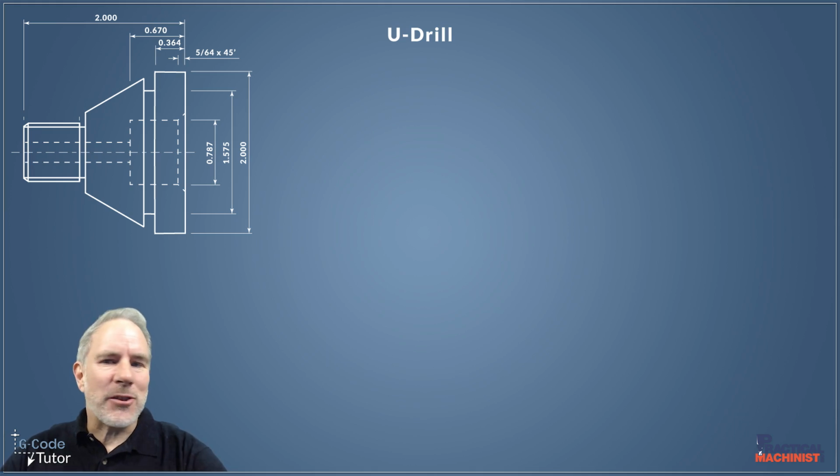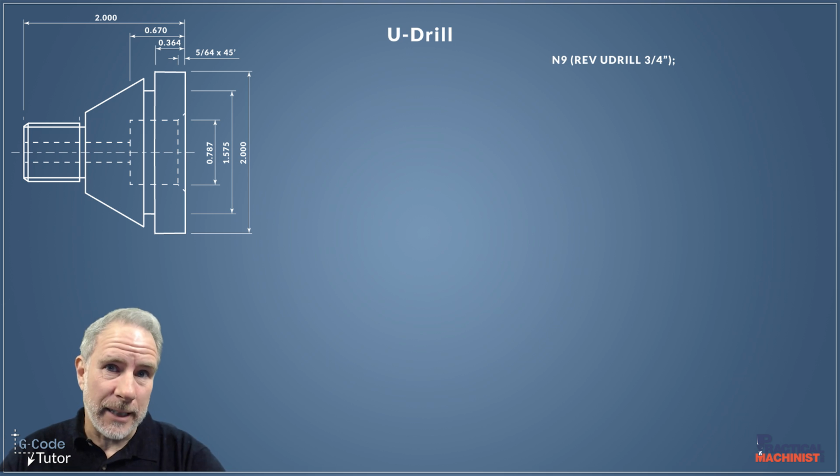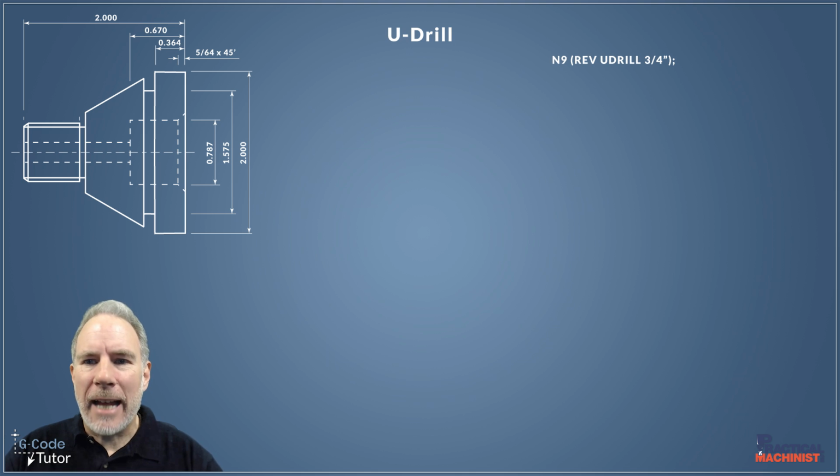Okay, so let's jump straight into it. We're going to start off with our first line of code, an operator's note. This tells the operator what we intend to do with this following sequence. We can also add some tooling information in there, just so the operator can see at a glance what tool we are using and what station it's in. And that N number there I use as a search function. So we're using N9 because this time we're using tool 9 in position 9 on our tool turret. I always link our search number and our tool number together just for ease of use.